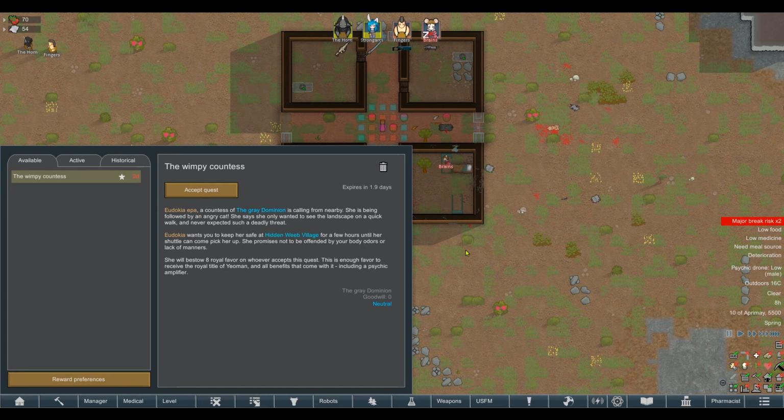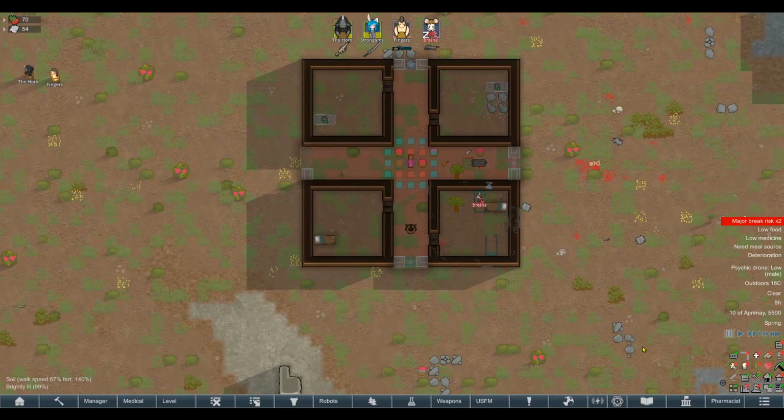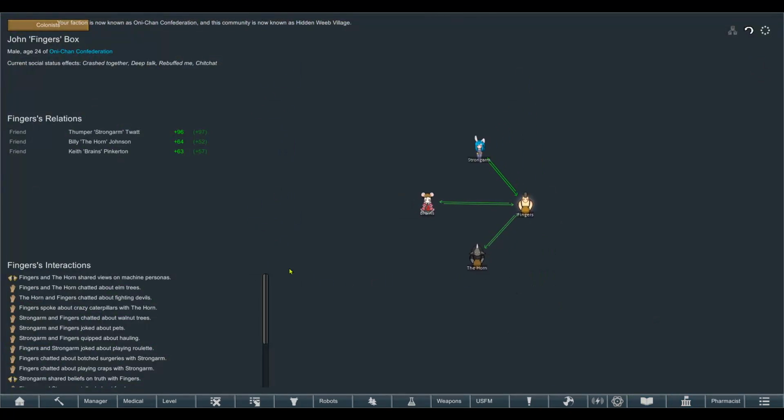The Countess of Grey Dominion has gone to us from nearby. We might as well... Oh, I completely forgot to mention, too, the results of the competition, if you want to call it that, I asked for yesterday. I basically asked for a faction name and a settlement name from you in the comments section. There were some genius results, but the 2 most upvoted, and honestly my 2 favorite as well, happened to be the faction name as the Oni-chan Confederation, which is fucking genius. And then we've got the Hidden Weeb Village as our settlement there, which is what the Empire has just addressed us as, which makes it feel incredibly...